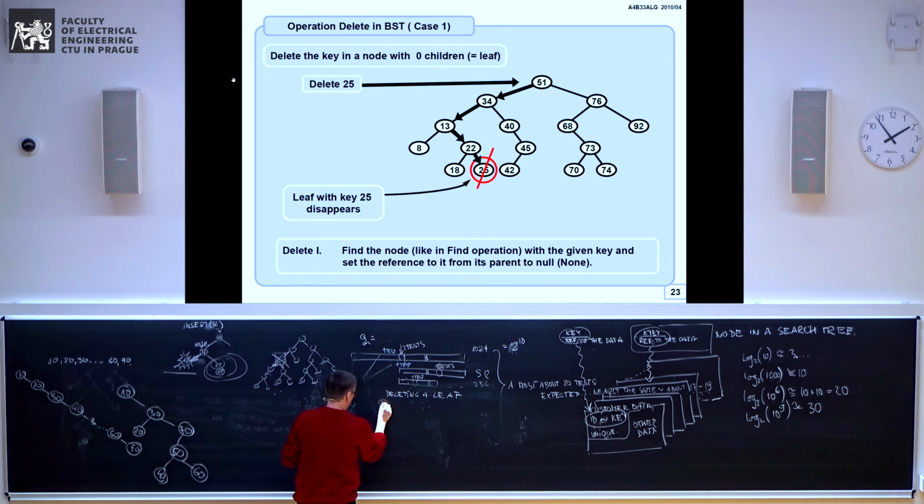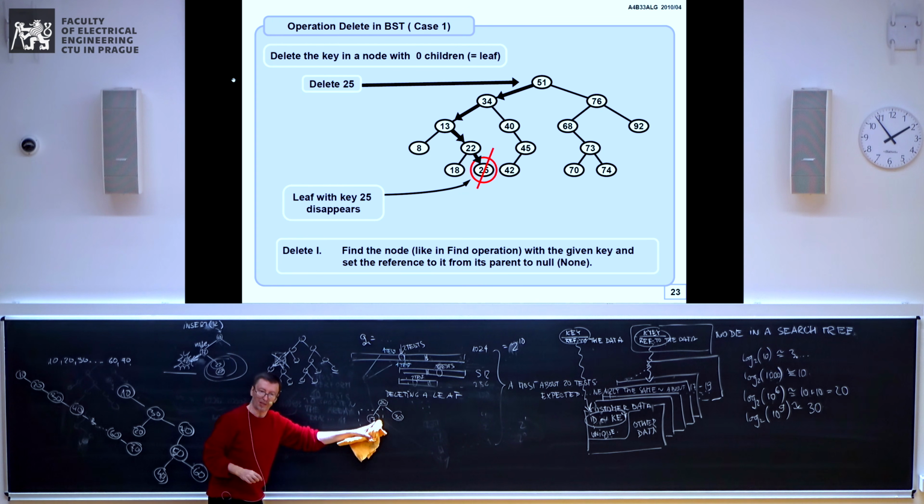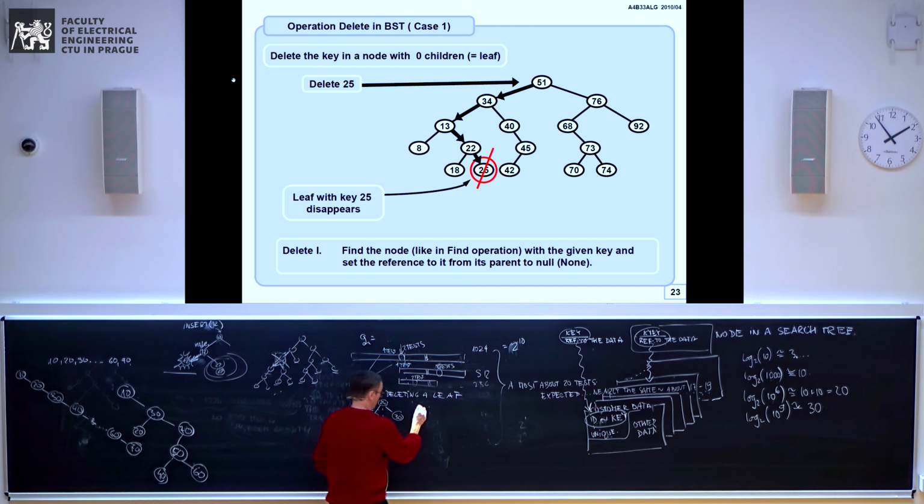So there is your 24, 17, and 30 there. If you want to delete 17, you have to destroy the reference from 24 to 17. So variant A is, while searching for 17, when you want to delete it, you first must find it. While searching for the key to be deleted,